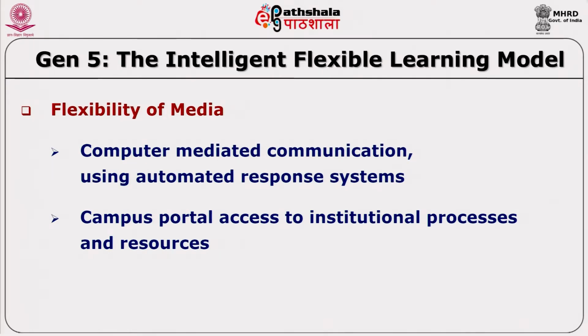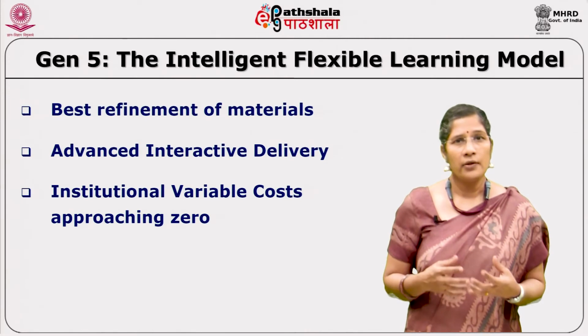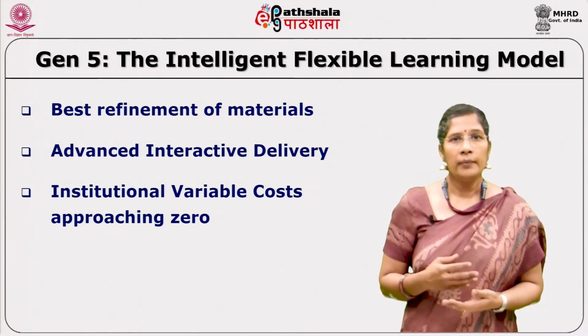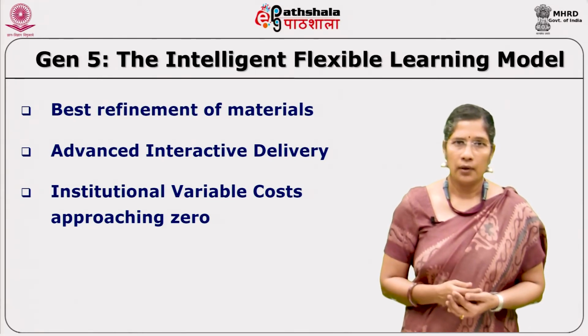One can see through these options that the learner autonomy has increased to such a great extent because of the various media that are available. Systems have become much more automated because of the tremendous capacity of the media and the options that are available in the generation 5. With the use of such an intelligent system of media availability, the learning material got further refined to a great level.